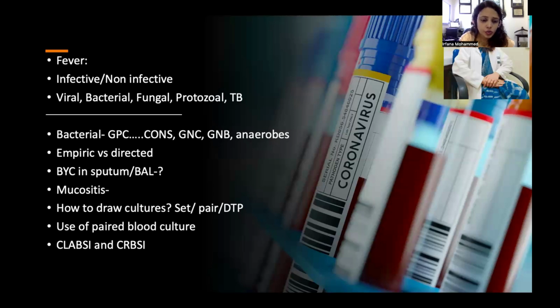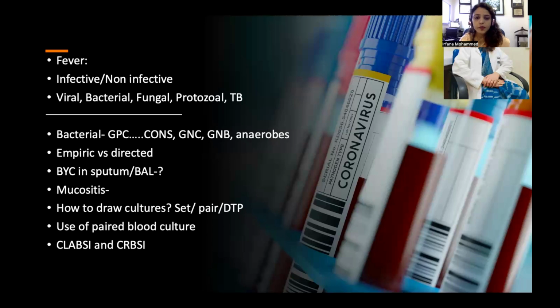So how to draw blood cultures? This is extremely important. What is the set? What is the pair? Is there any difference? A set is one aerobic plus one anaerobic bottle, which is called a set of blood culture. You always have two bottles, an aerobic bottle and an anaerobic bottle. Both are different. You have to get them from the lab and send both aerobic and anaerobic blood cultures for